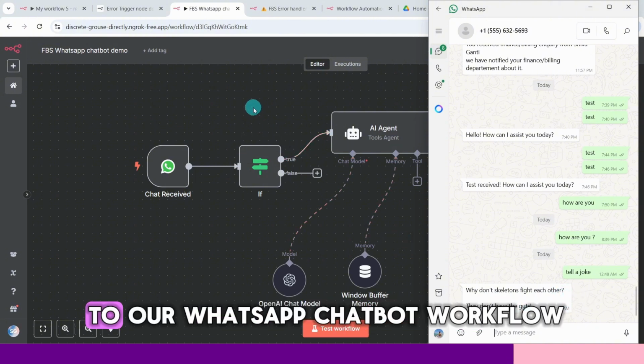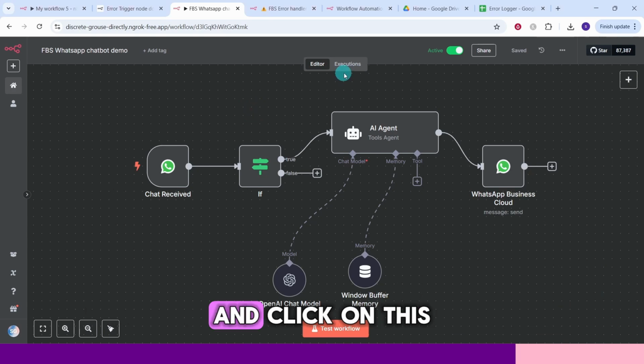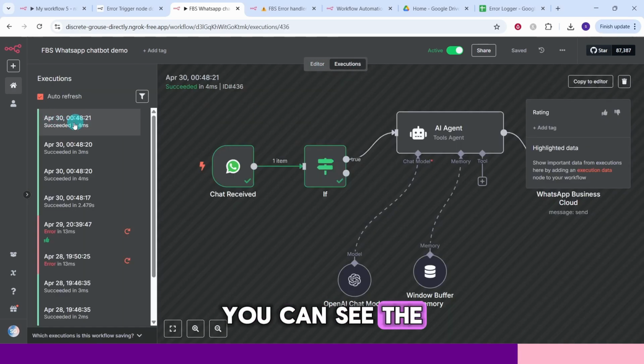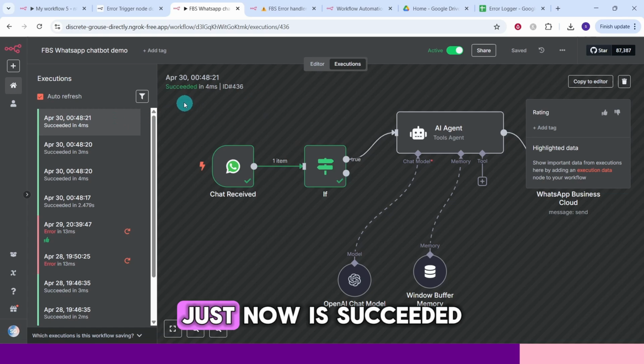We can also come to our WhatsApp chatbot workflow and click on this executions tab. You can see the latest execution that ran just now is succeeded. Here you can see the succeeded message. Now let us switch back to the